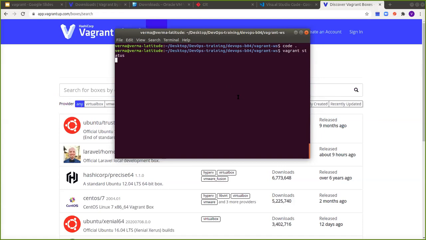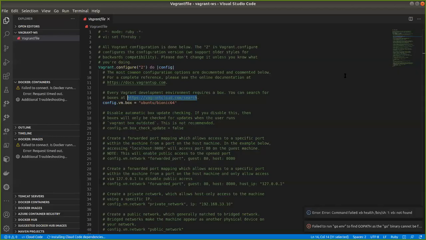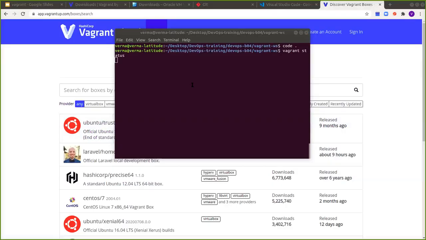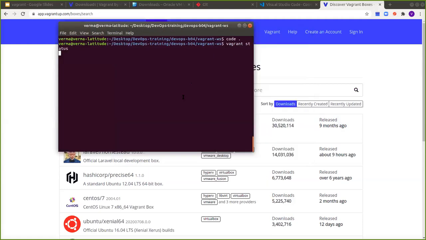When you execute vagrant status, I'm just closing this because it is taking a lot, and I'm going to upgrade my RAM to 16 GB. Because I have a lot of things in my system. Not for you, it will be fine for you guys. 8 GB is fine.